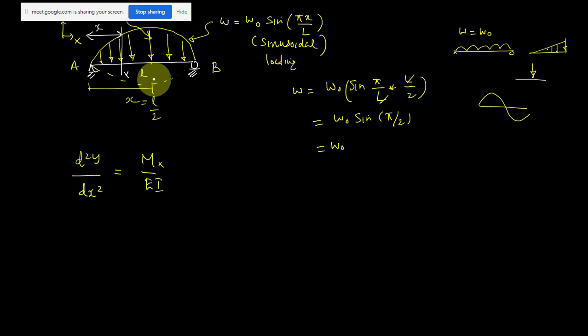But in this case, what is the difficulty? To write a moment at this section x is very difficult, because with this loading you cannot write the moment like a UDL or UVL. There you can write the moment equation very easily, but in this loading case you can't write the equation for the moment. That is much more difficult. So what we have to do is simply replace the moment with a load function. For that I have to relate the loading and moment.